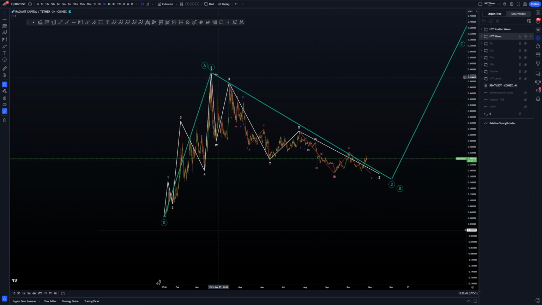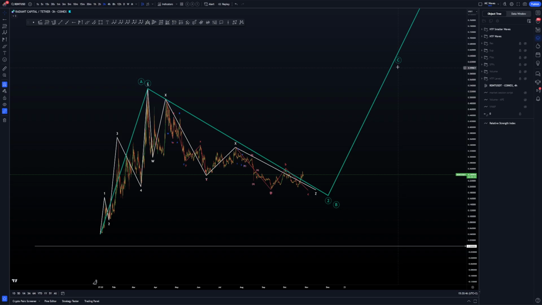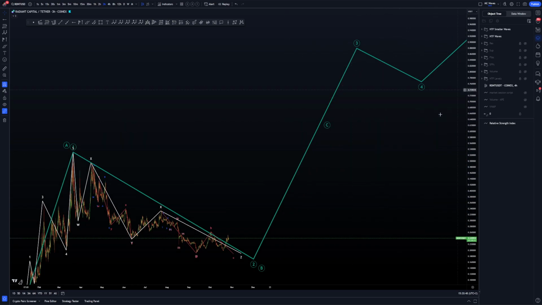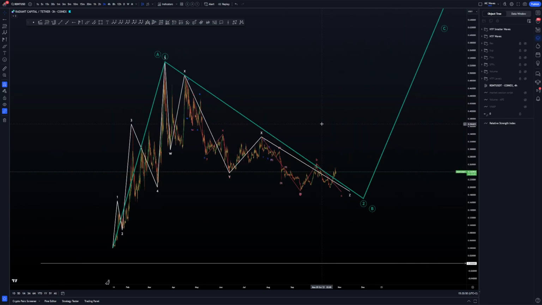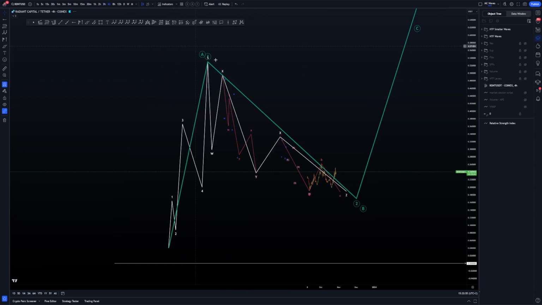More likely here 5 waves, so a correction before pushing higher for the C, or for the wave 3 for 5 impulsive, a bigger move to the upside in that case. Okay, so this is the context. Now the thing is, we'll have to focus on what we have here to the downside. So personally here,